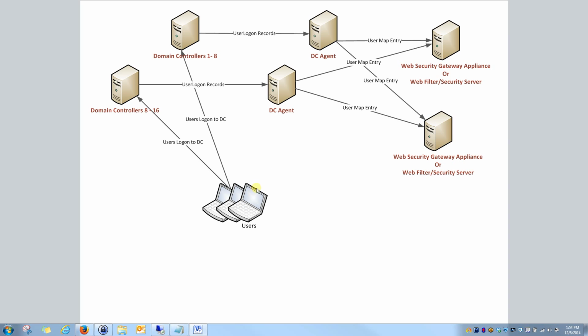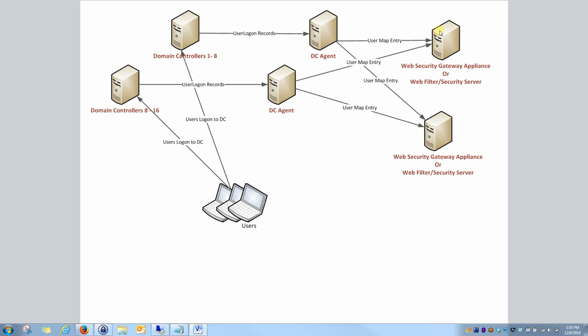Same scenario, if one of my users goes out of this top proxy server, he needs to have a combination of the user entries from both DC Agents in order to identify that particular user going through. So you can see that you have several DC Agents collecting information from 8 domain controllers each, but then they're each